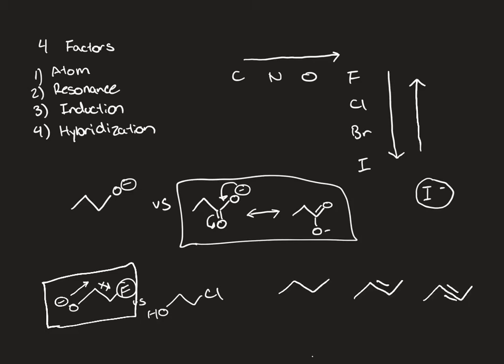The last factor is hybridization. And so hybridization takes into account the amount of S character. So in this molecule, the hybridization is sp3 for this. Number 1, 2, 3, 4. Same for 2 and 3, 2 and 3. So the S character here is 25%, because 1 out of 4 is 25%,